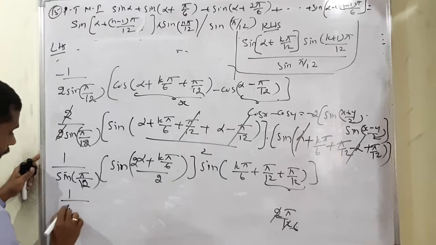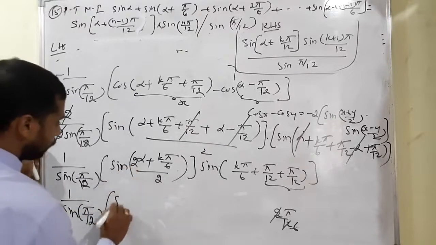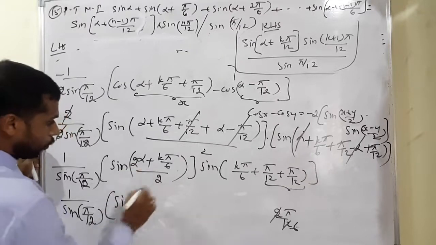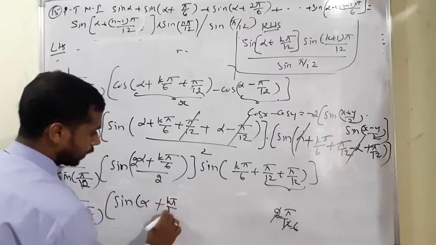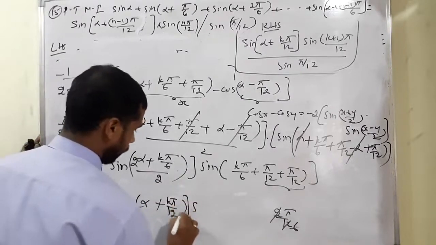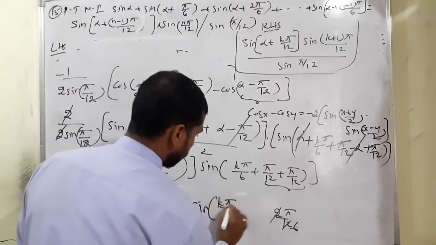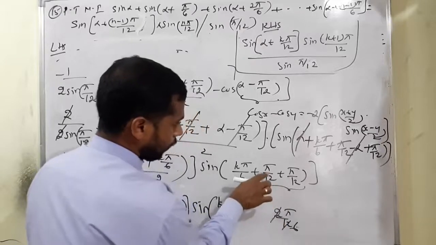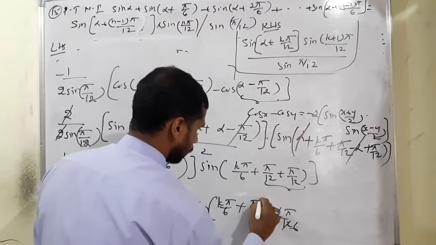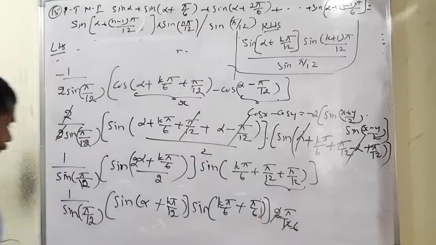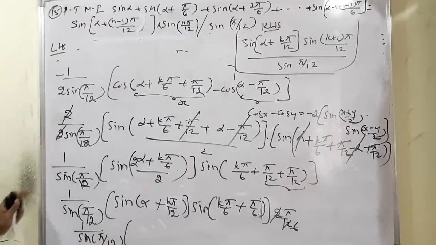Again 1 by sin pi by 12. Then inside, 2 alpha by 2 means 2 cancel, only alpha balance. Next also k pi by 2 into 6 means 12 will come, into sin of k pi by 6 plus next term pi by 12 add means pi by 6. Therefore 1 by sin pi by 12